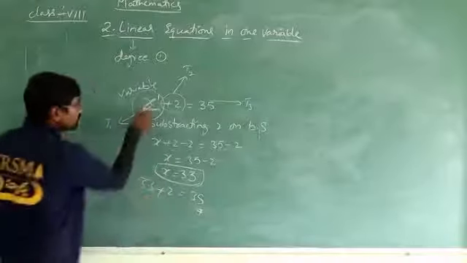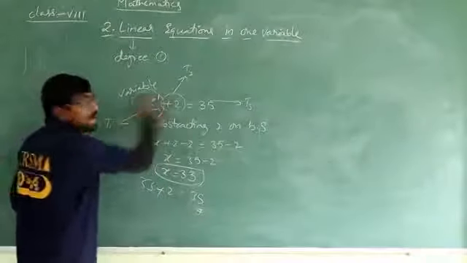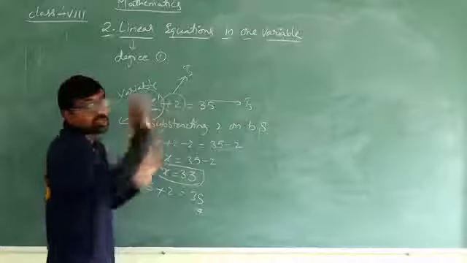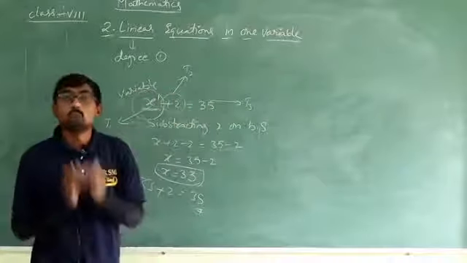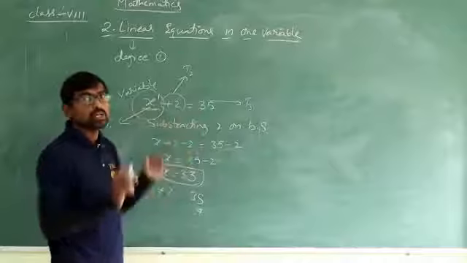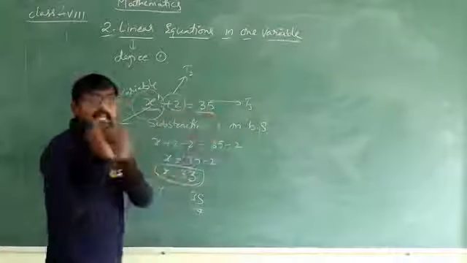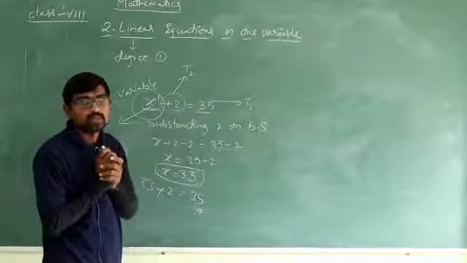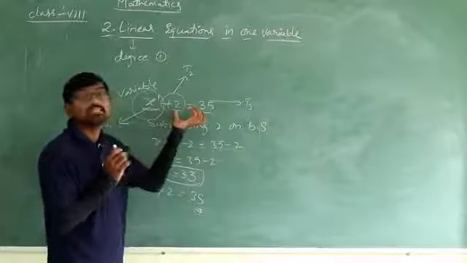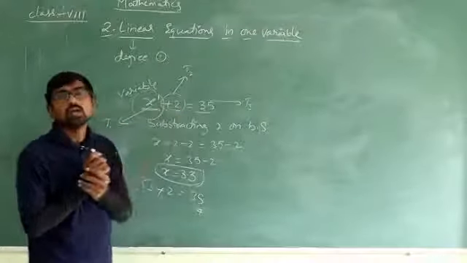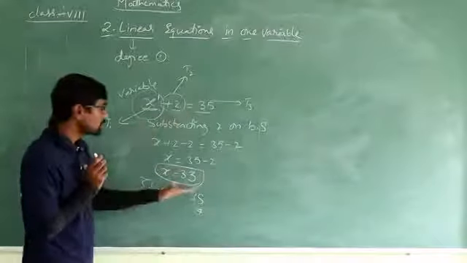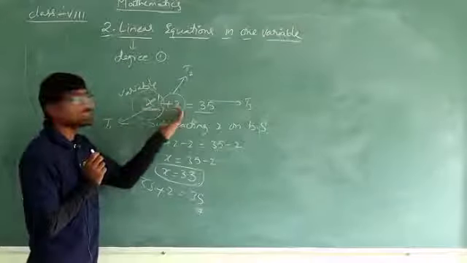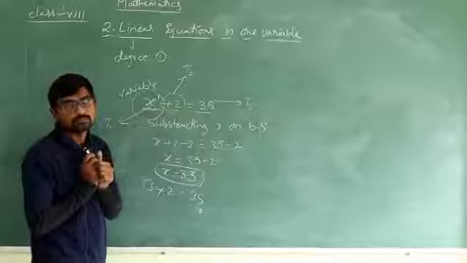So in this situation I have one variable, here I don't have any variable, and here also I don't have any variable. These two terms can be converted into a single term. Why are we converting these two into one single term? Because both terms are like terms. Why? They don't have any variable. They are constant coefficients. So because of that, I directly got the answer as 33, isn't it? So this is called a variable, this is a constant coefficient, this is also a constant coefficient, isn't it?